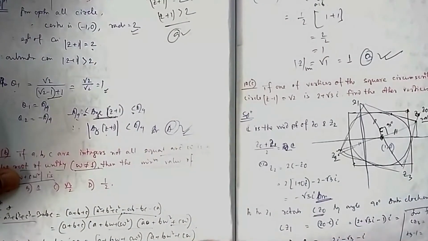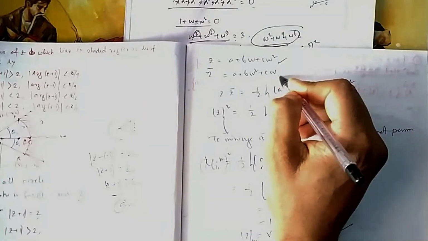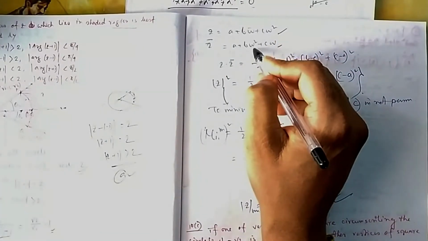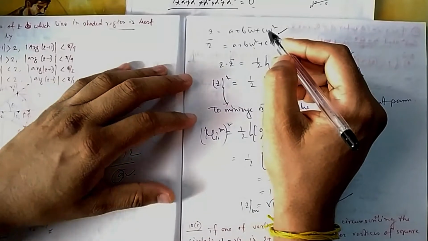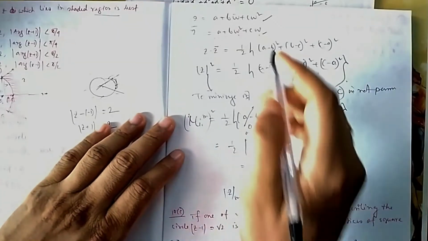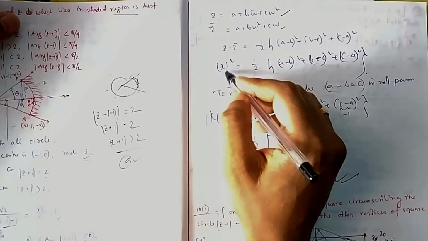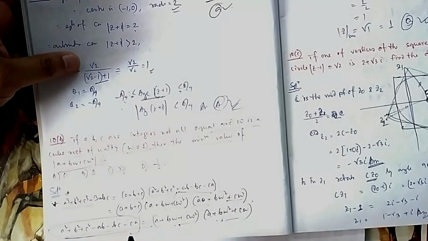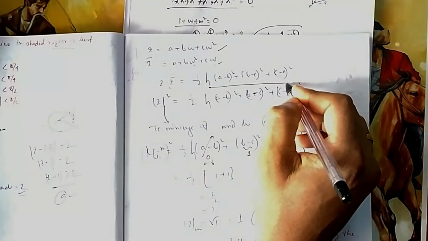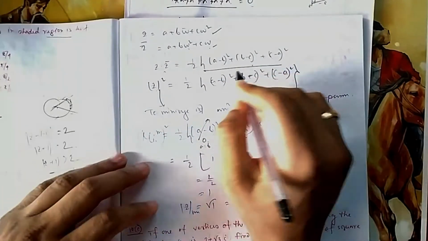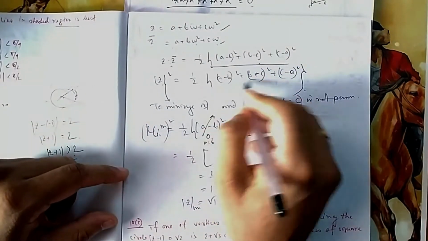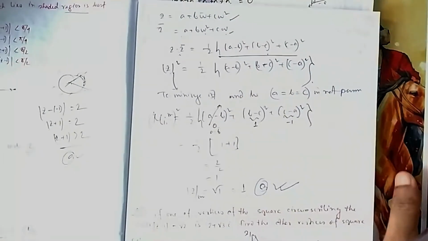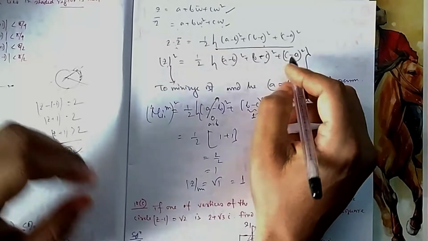These two are nothing but conjugates of one another. If I take this as z, then z bar is this one, because the conjugate of omega square is omega. If you take the product of these two, z into z bar, because you need to find the magnitude of z, then the magnitude square will come. This one will come, and this I have already explained. You can write it as a sum of these three by multiplying by 2 and dividing by 2. I have proved it in the quadratic equation. To minimize it, all cannot be equal. If all are equal, because they are positive numbers, it will be continuously increasing.